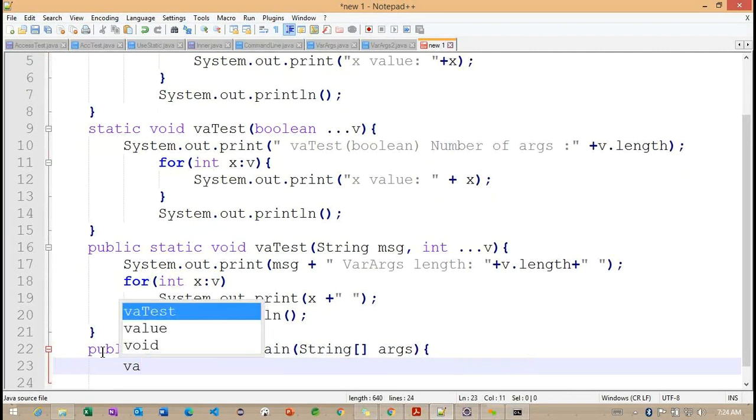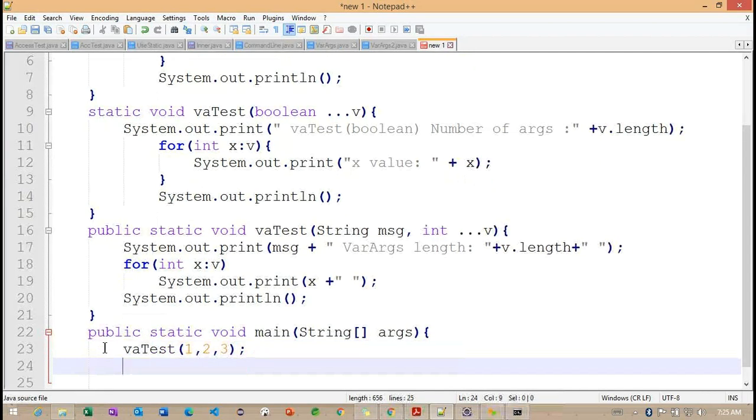And observe here, inside this main method, I'm trying to define different parameters for this method. I'm trying to add an integer parameter list.